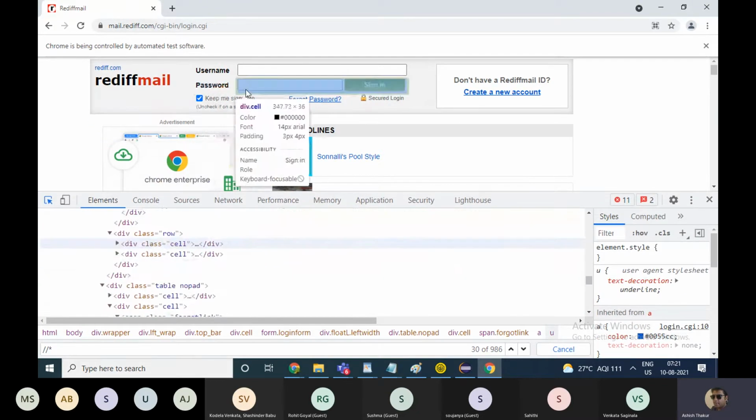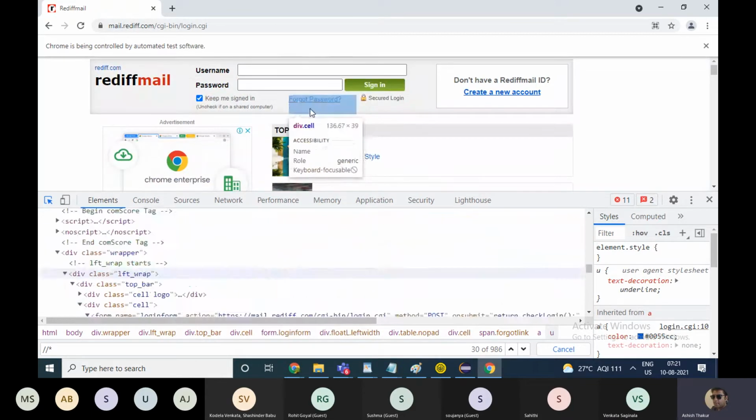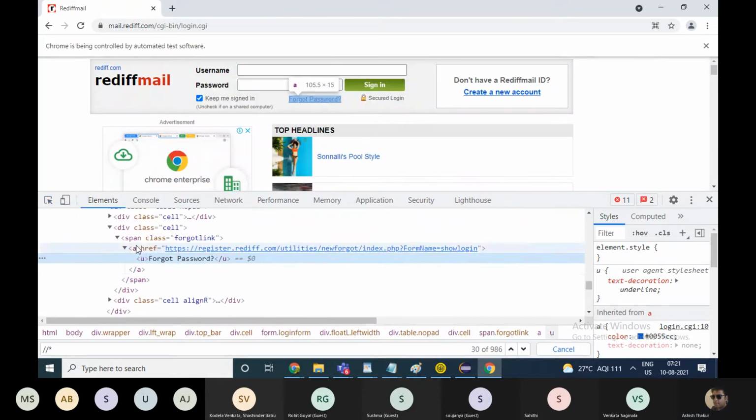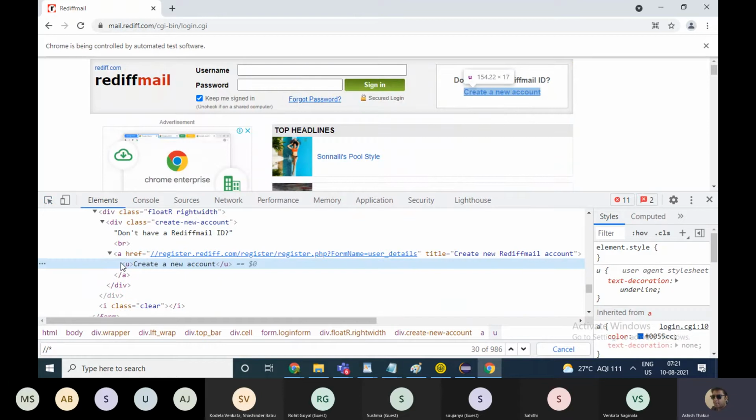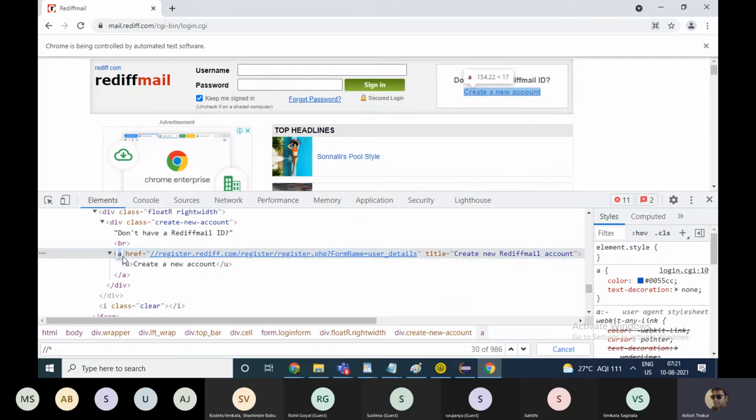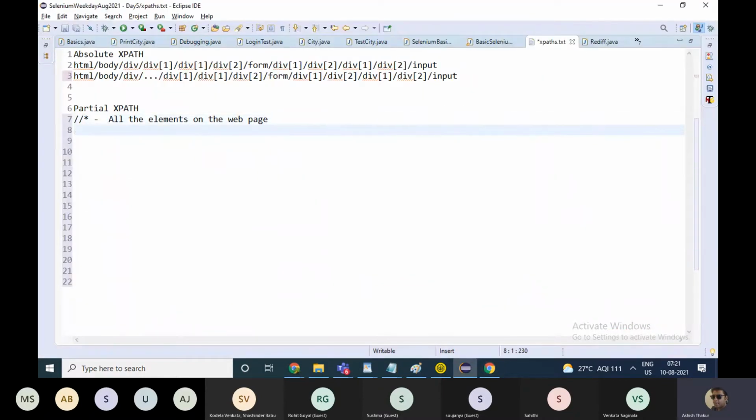Now, if you observe any link on a web page, if I look at this forgot password link, it is in an anchor tag A. Every link on every web page, no matter what the website is, will always have the tag name anchor A. So if you write a double slash and you replace star with A, this will basically represent all the links, basically the elements which start from the anchor tag A.